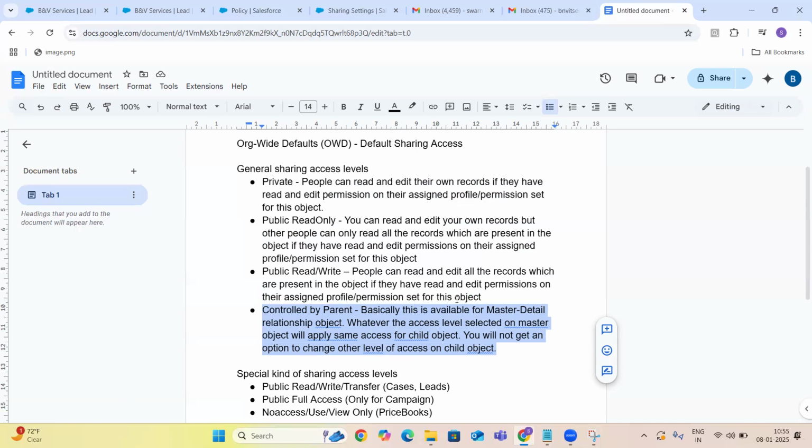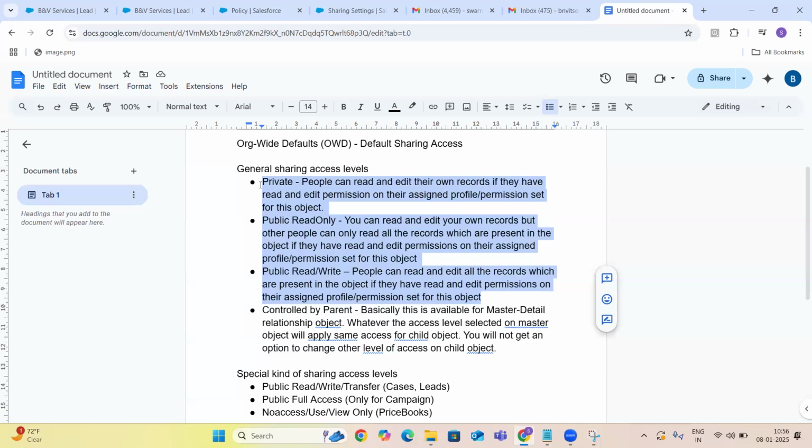Okay. So you need to understand what is private, what is public read only, and what is public read write. Private means you can read and edit your own records. You cannot read and edit others' records. Public read only means you can read and edit your own records if you have edit permission on your profile, but for others' records, it is just read only for you.